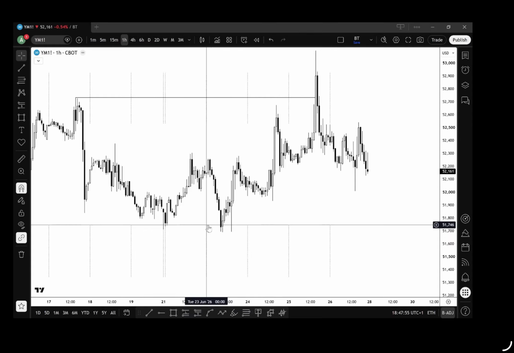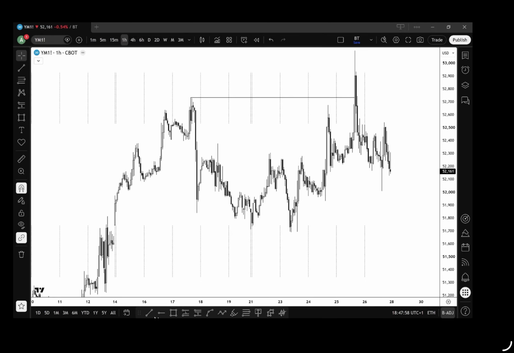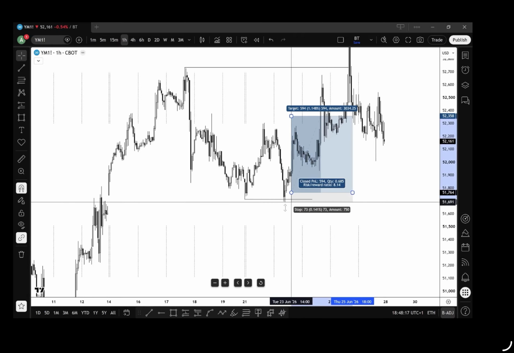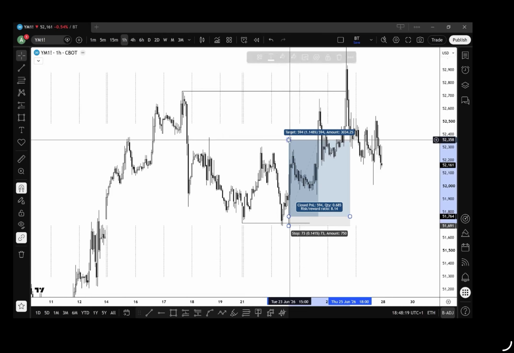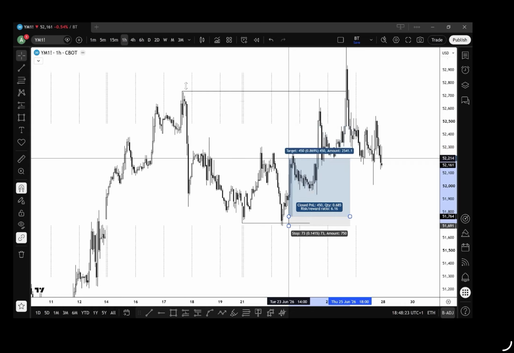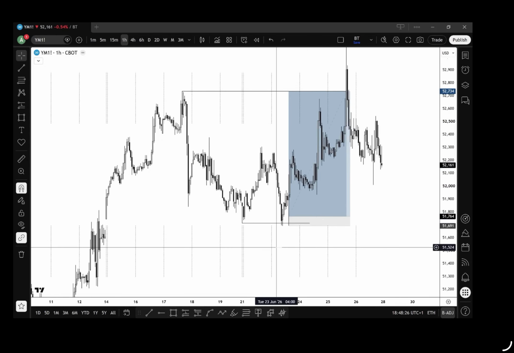I mean, if you managed to catch this whole move up after we spiked the daily low on Monday's daily low, wow, if you managed to catch this anywhere here, and you held, well done to you. Wow, what a move. I think I can see the opportunity there was on Tuesday